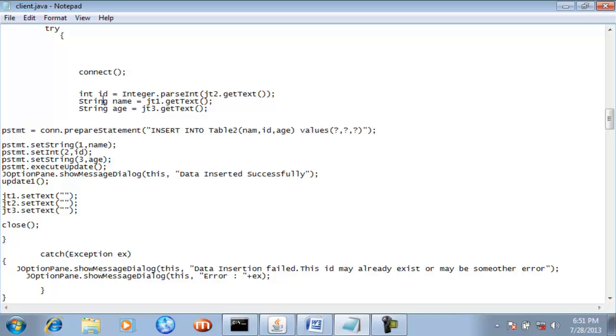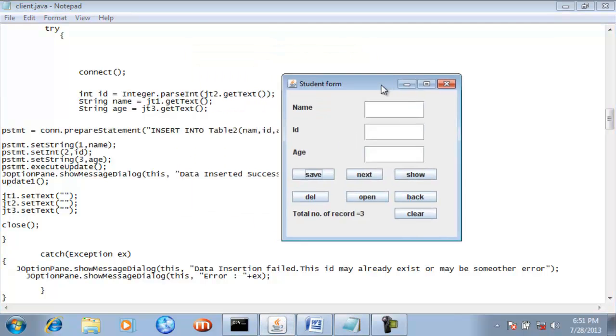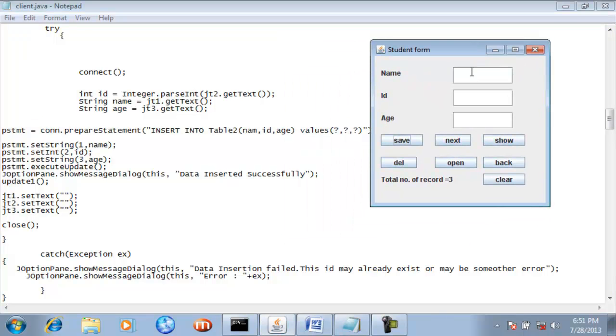Now what we have done is create three variables: ID, name and age. In the ID variable, we have extracted the value from jt2.getText. This is your JT1, this is JT2 and this is JT3.